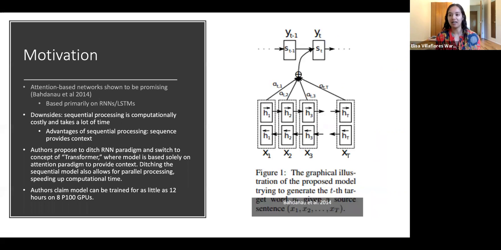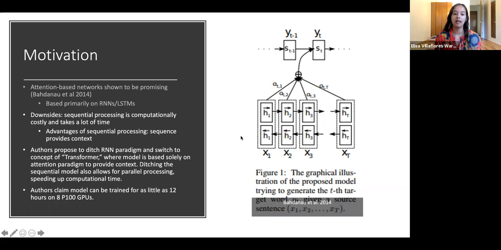Okay, so now that we've got through that, this method was really useful, and it was very popular at the time, but there was a downside to it. If you look at the way this network looks, it's very sequential, and because of that, it requires a lot of time to compute, and it also requires a lot of computational cost. And this comes at the advantage of getting this contextual information about what words are next to you in a sentence.